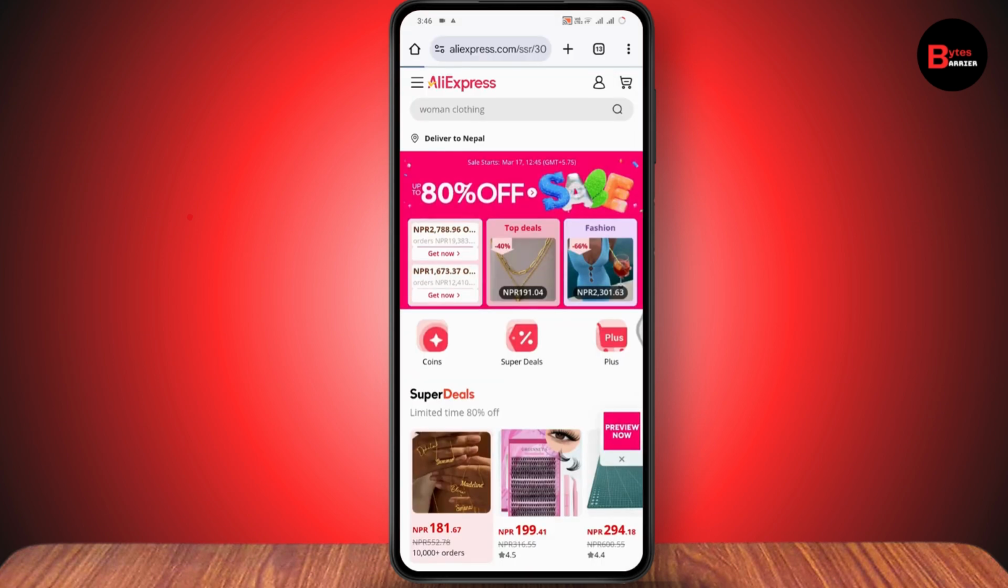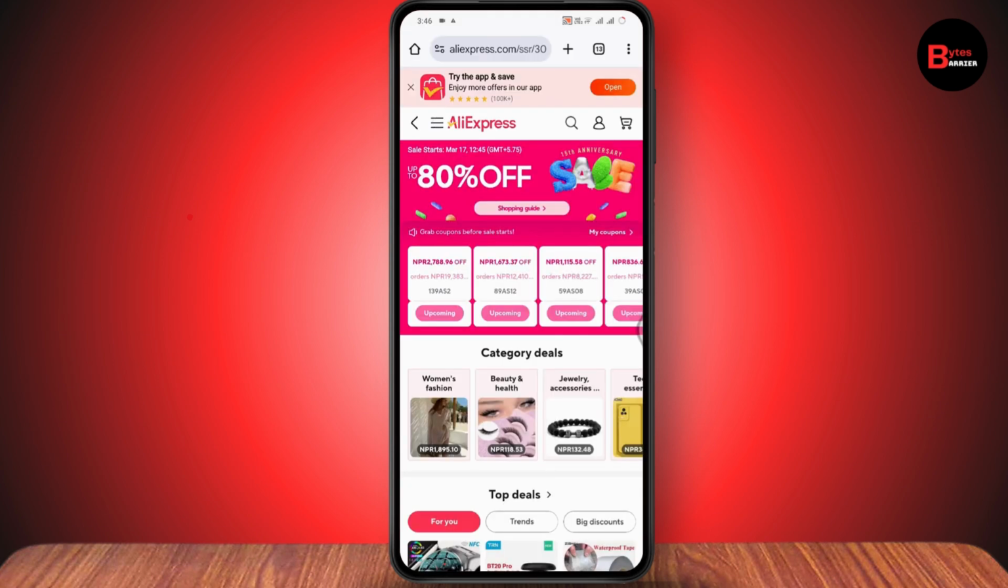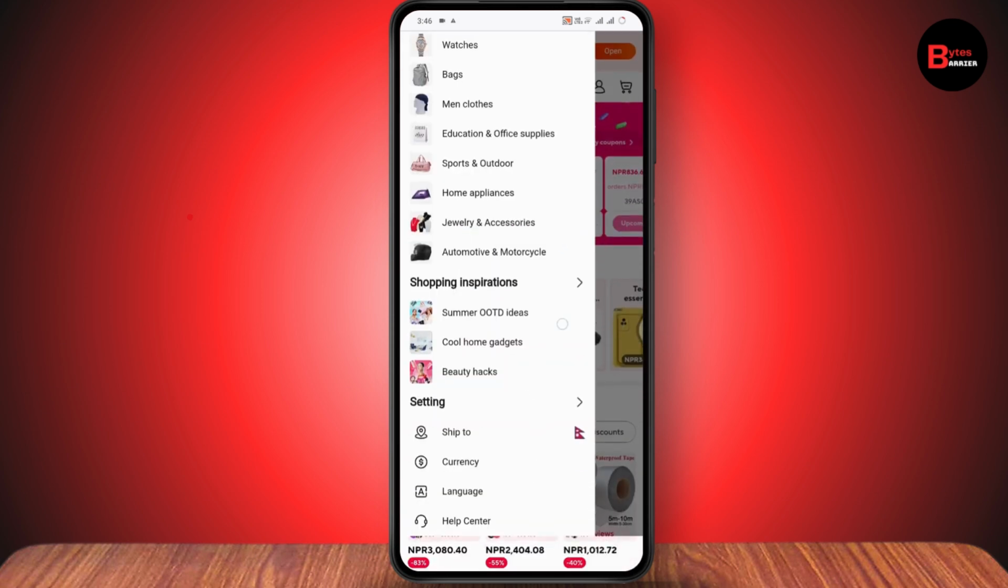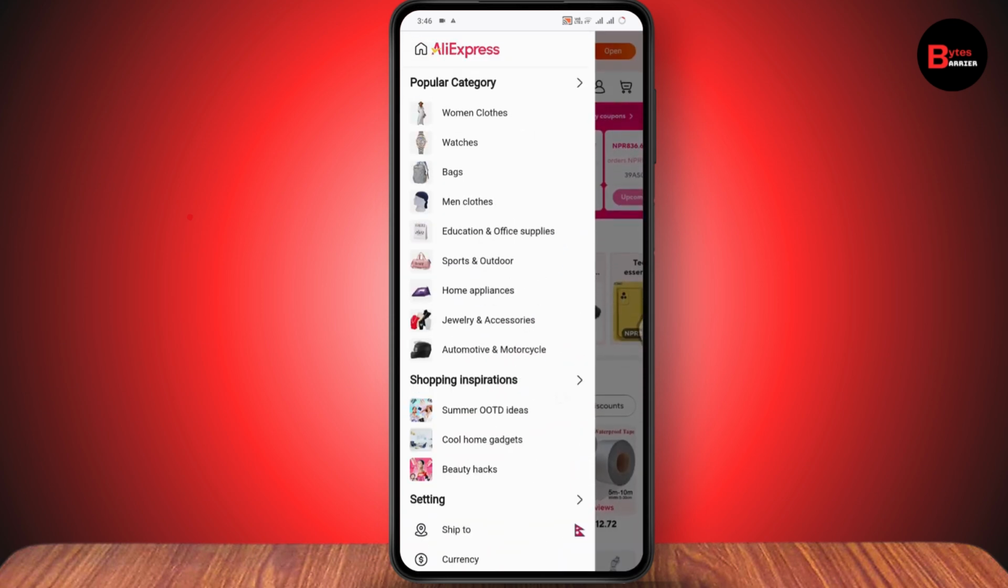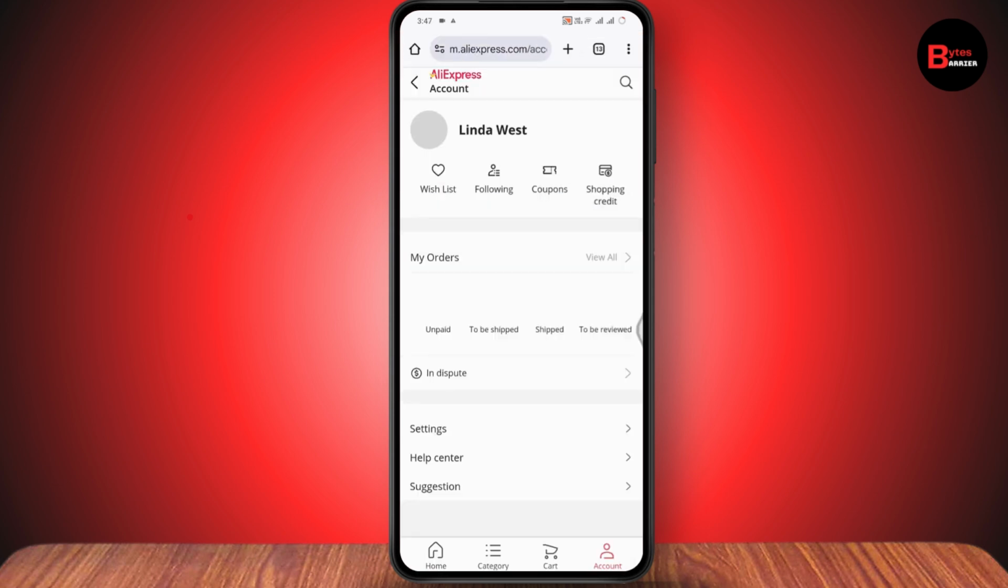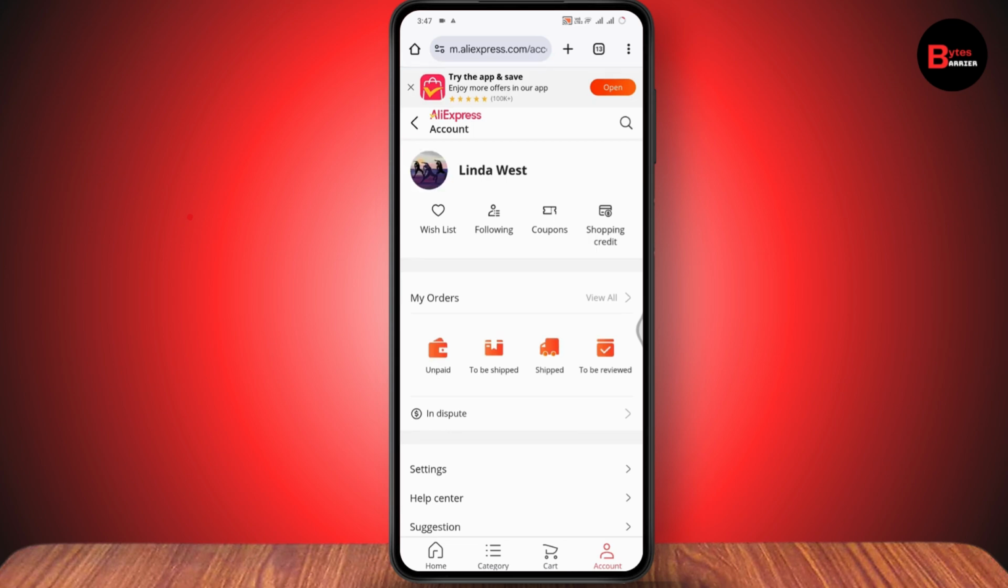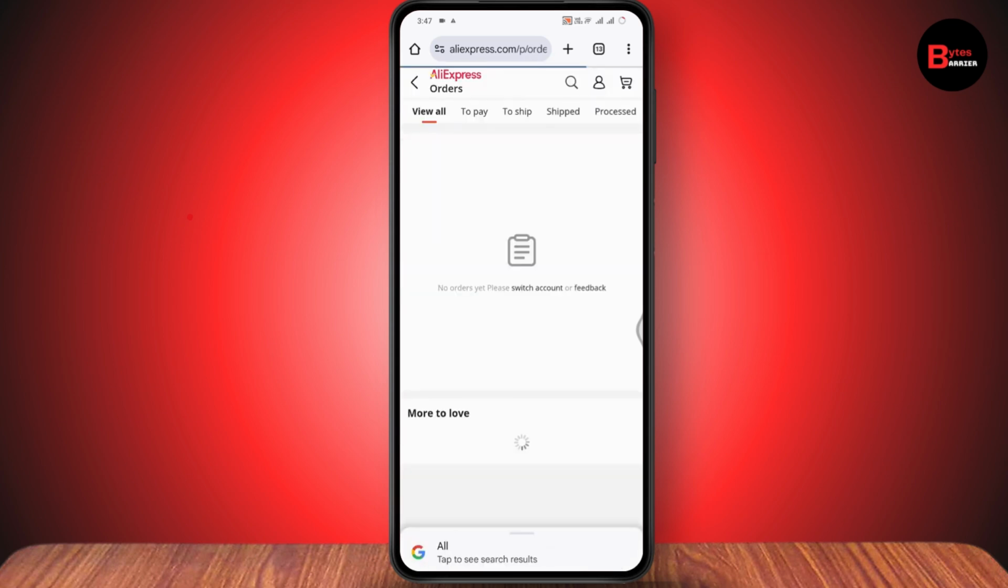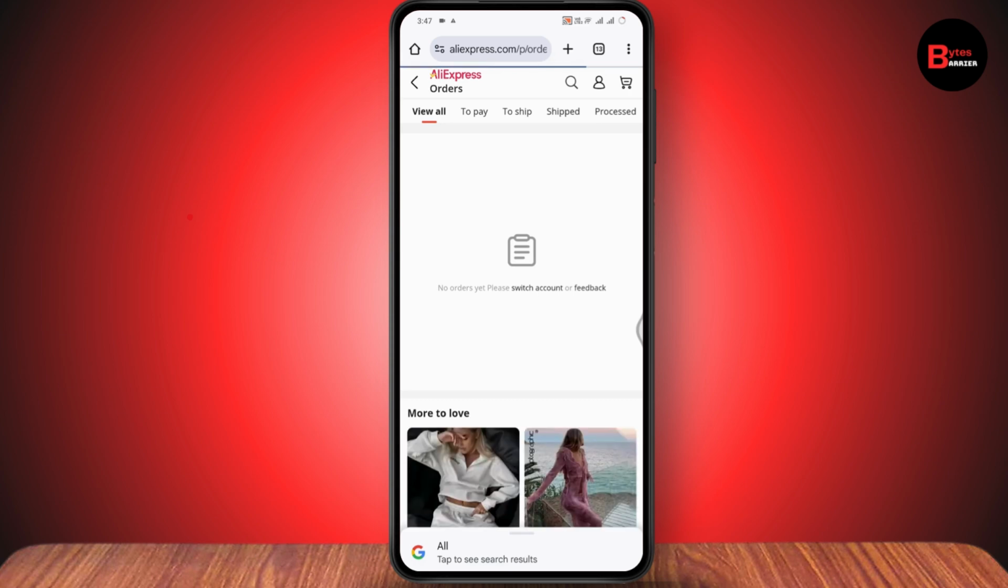Once you've logged in, you can go with the upper left, which has that 3-bar icon. And here you may have orders option. If you don't have orders, then you can go with the profile, which will be on the top right. And from the profile, it will take you to your account section, and here you will have my orders. You can tap on view all,